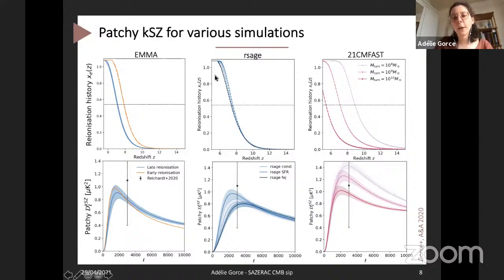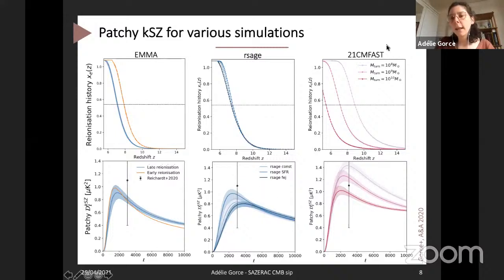Then we have the 3 SAGE simulations. If you remember from the pictures I showed at the beginning, they had very different morphologies. And here they have pretty similar reionization histories. However, their resulting kSZ spectra are clearly different. And we noticed that, as I mentioned before, the simulation which has the largest bubbles on average also peaks at the smallest angular multipole and has the largest power.